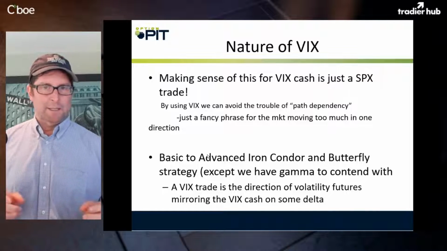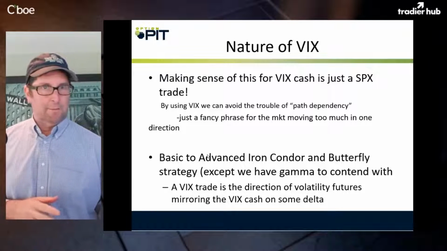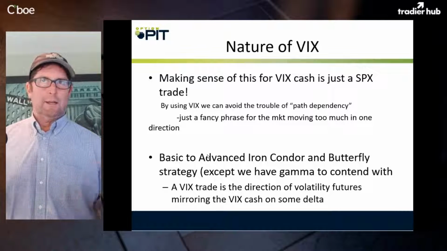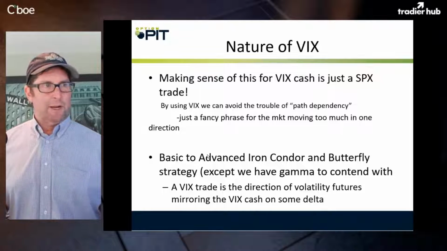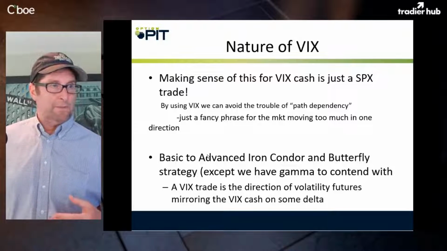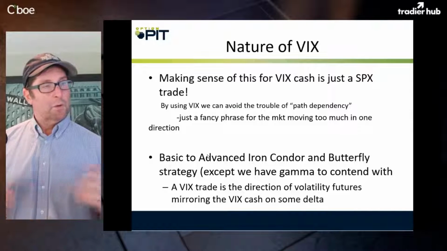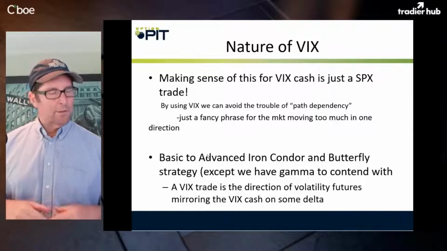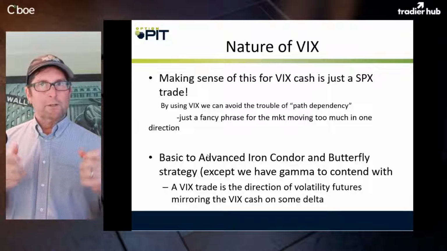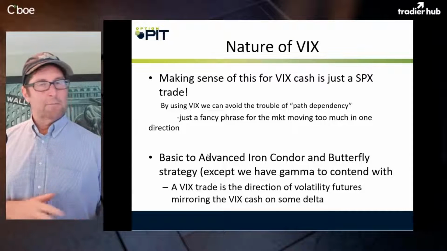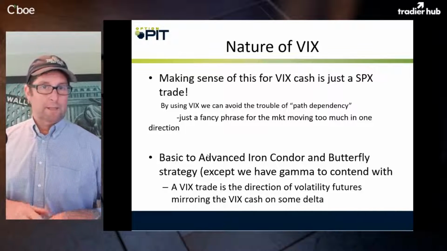And path dependency is just like, okay, the market moves too much. It's not that your iron condor wasn't priced right. It's just SPX decided to go straight up for 2 weeks and blew through the top of your iron condor. You were right on the volatility going down,